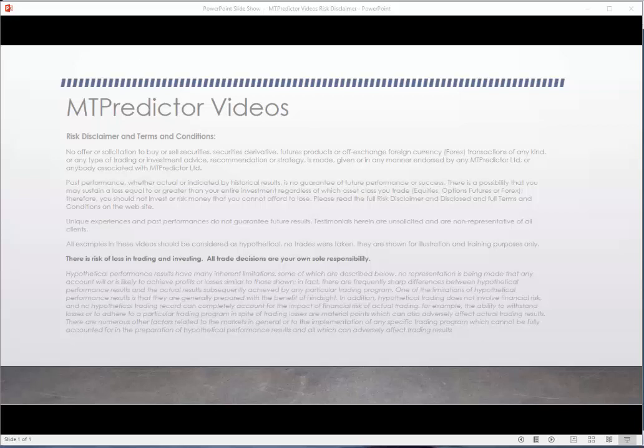In today's MTPredictor video, I'd like to look at the use of the decision points or DP levels we have in MTPredictor, and I'll be looking at some examples on the US E-minis in particular that unfolded yesterday, which was